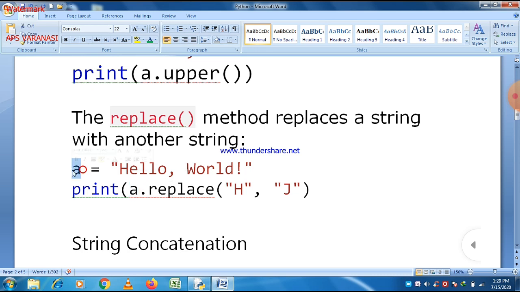In this case we want to replace h with j, so just write h and then comma j, and write both in double quotes to mention that they are characters. So h will be replaced by j if you use this function.